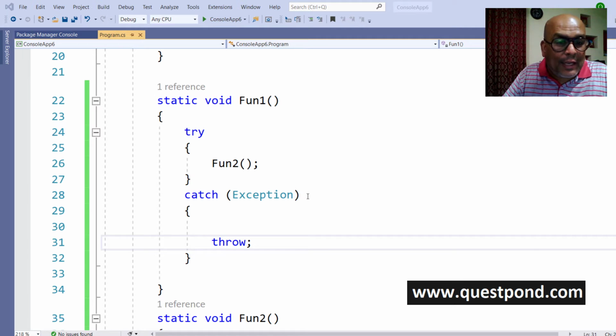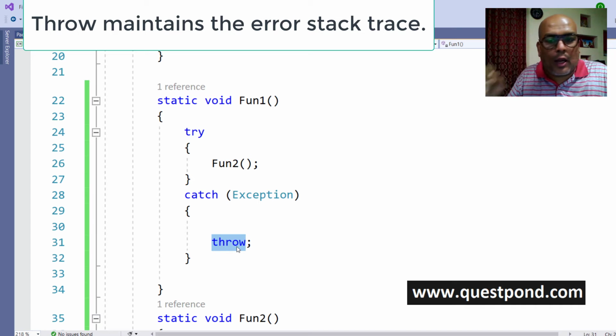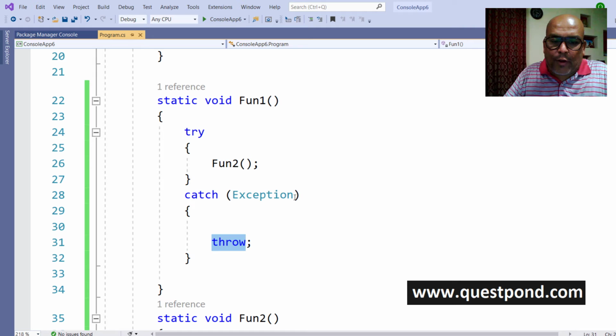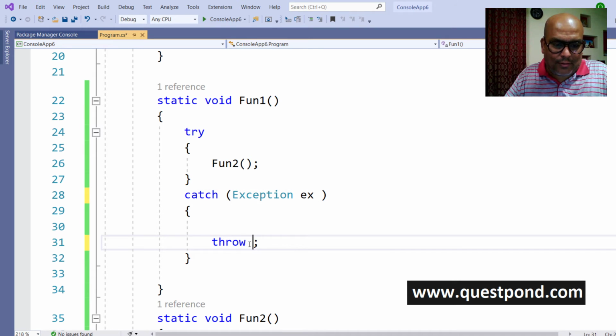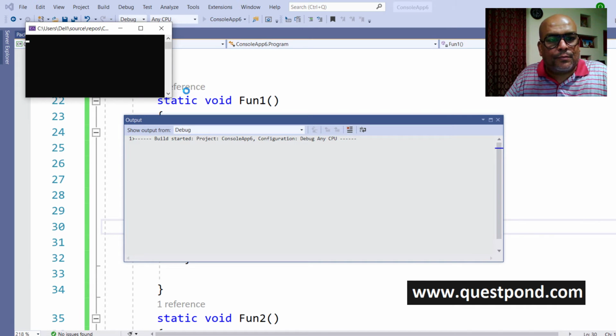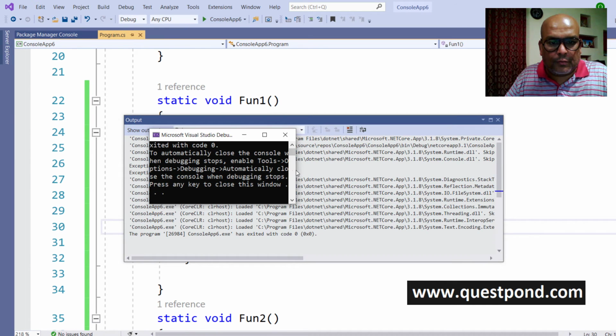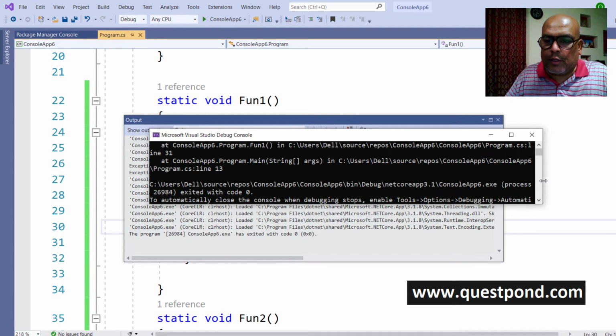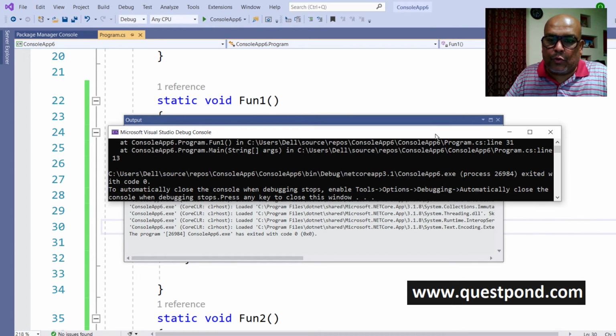So it maintains a complete stack trace of the error when I use throw. I repeat this sentence: it maintains a complete stack trace, from where the error originated and the whole stack till where it went, right? It maintains the complete path of the stack trace if I use throw. Now if I use throw ex, let's see this now. If I do an F5 out here, and if you see the output,